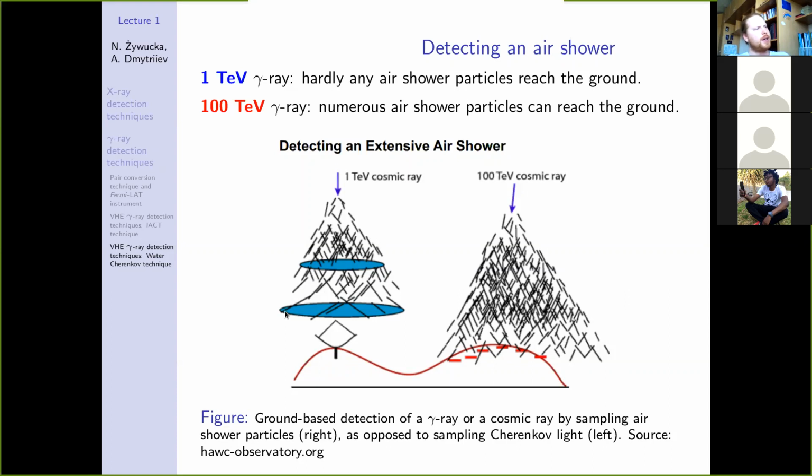So the shower itself doesn't reach the ground really, but what reaches the ground is the Cherenkov light emitted by these particles. So charged particles that are traversing a medium with a certain refraction index: if the speed of the particles is higher than the speed of light in the medium, they will be emitting Cherenkov radiation. And this radiation is directed towards the ground and creates a light pool of around 100